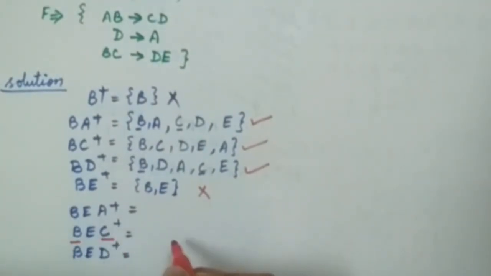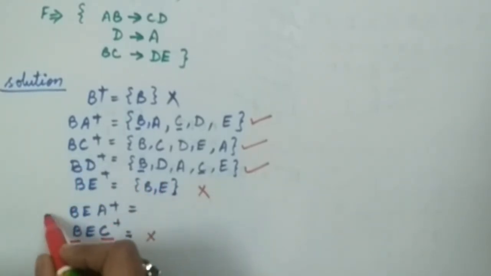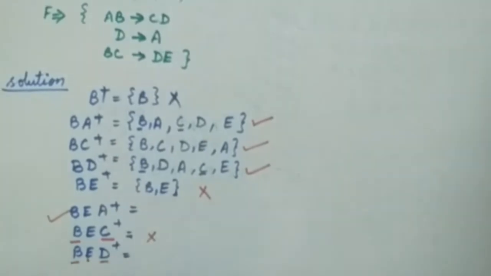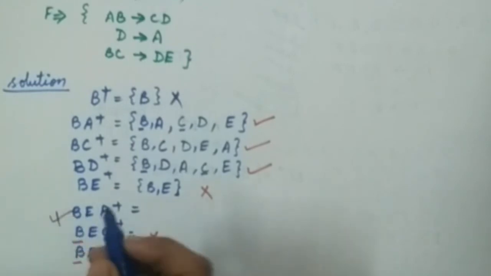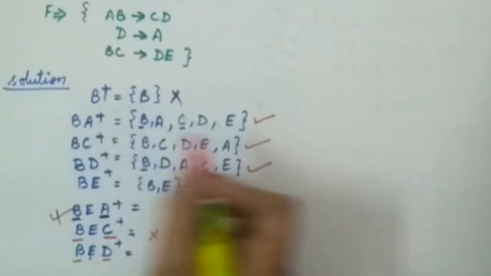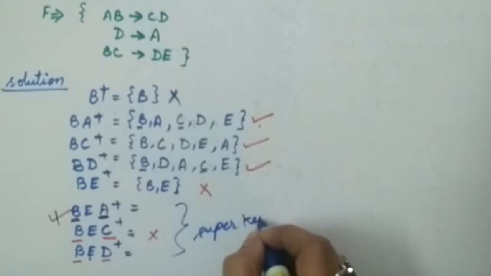BC is already a candidate key. So suppose if this closure contains all the attributes, then it will be considered as a super key, not the candidate key. So I will not try for this. Then again, BE. Yes, I can try for BE. This I will try, and this. No, not this. BD is already a candidate key. With BD there is an extra attribute A. So this will also be considered as a super key. So I will try only for BEA. Sorry, not this also, because BA here also has 2 attributes, AB, which is already a candidate key. So all these will be the super keys. So no need to try with this.